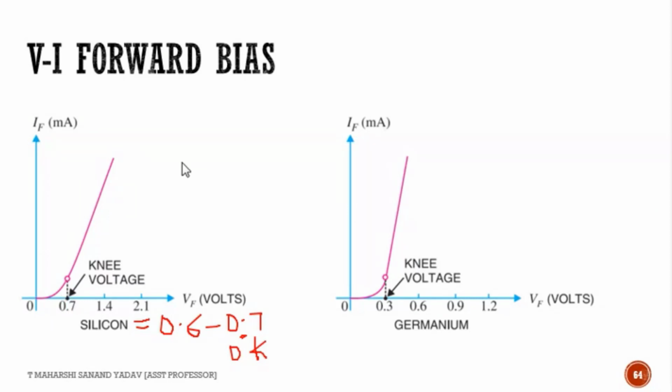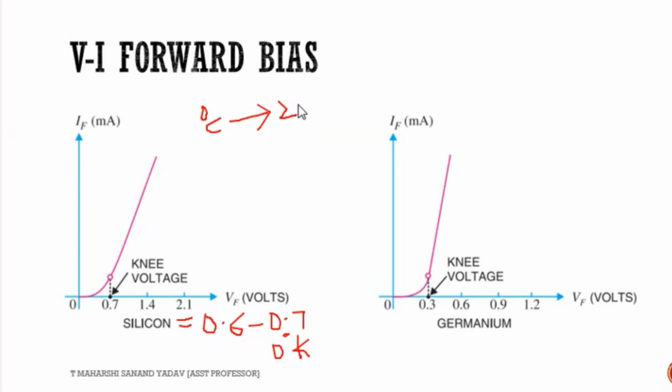Yes, sir. Now I'm trying to increase the temperature. For each degree centigrade rise in temperature, the characteristics get shifted left at a rate of 2.5 millivolt. If we go with the previous example, suppose at 25 degrees centigrade, instead of 0, you consider this as 25. Suppose at 25 degrees centigrade this is the graph. Now at 100 degrees centigrade, what will be the graph? You need to tell me.